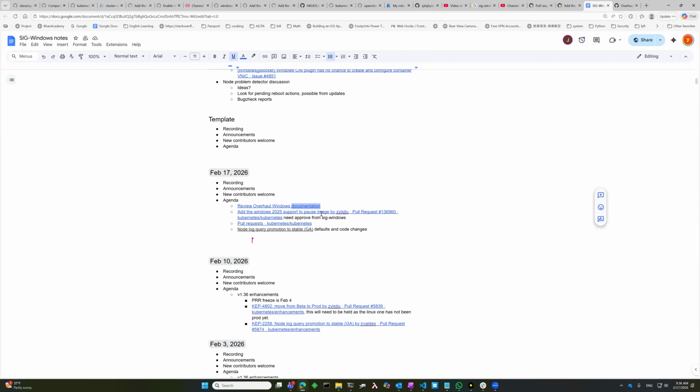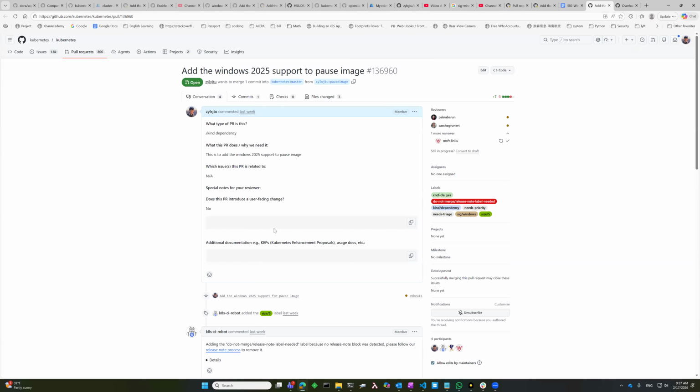The second and third one is that I have sent off separate PRs to publish 2025 related images for the Kubernetes end-to-end tests. The second one is for the pause image to support Windows 2025.